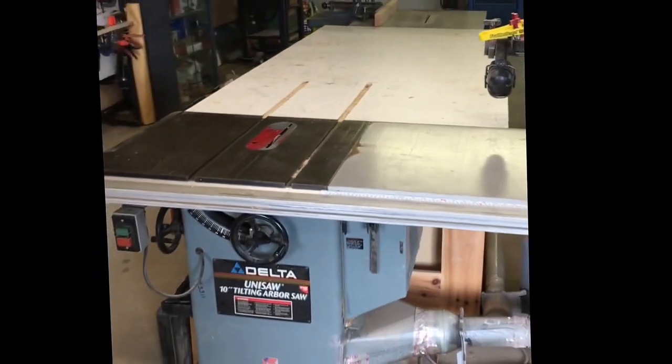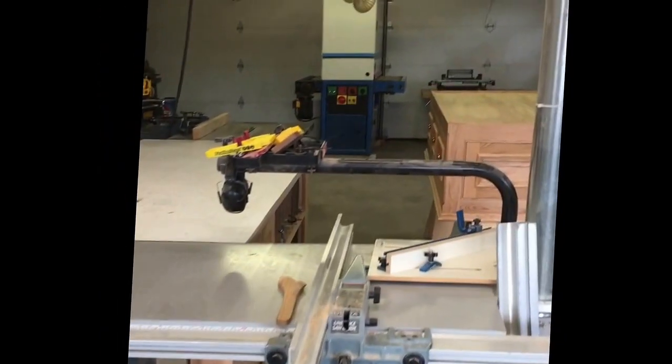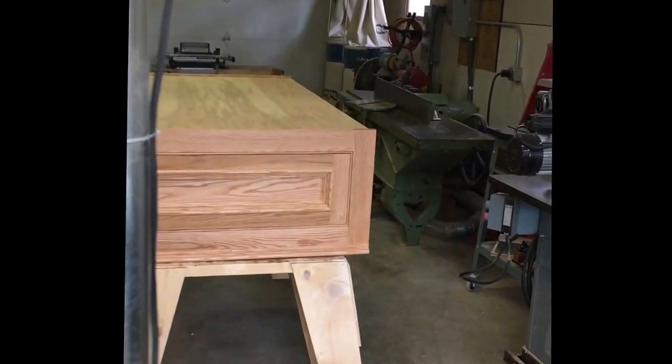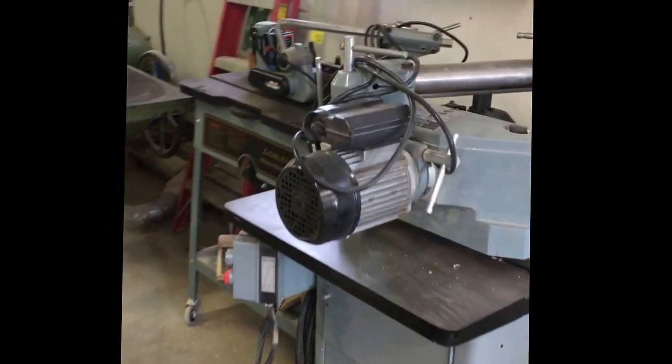So this is my setup in the center of the shop. I got 2 table saws back to back. Looking down the shop, I have the planers there, the wide belt sander, the Newman joiner, and right after the Newman joiner, I have these 2